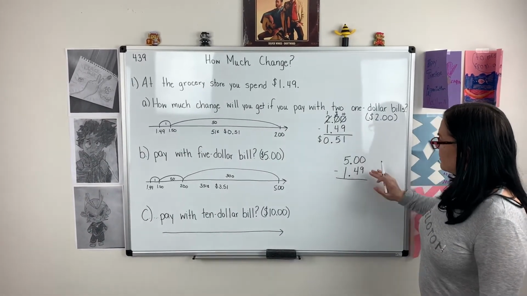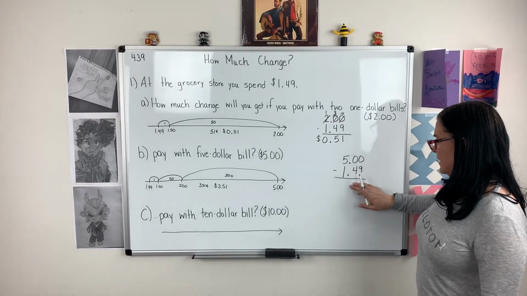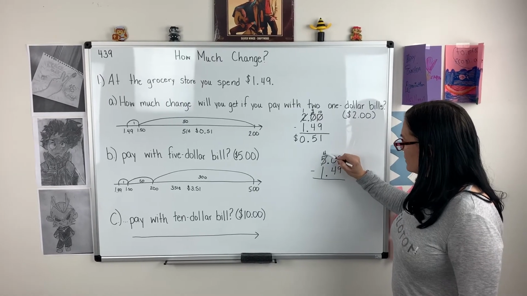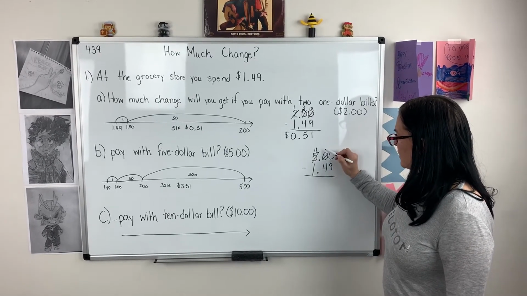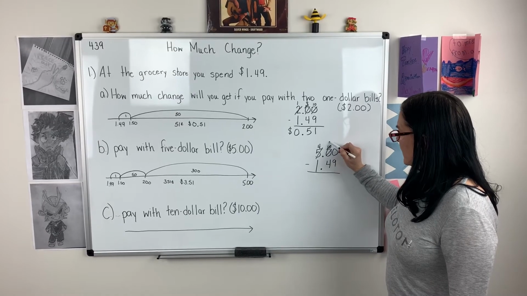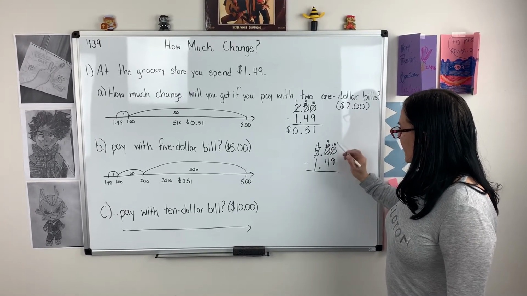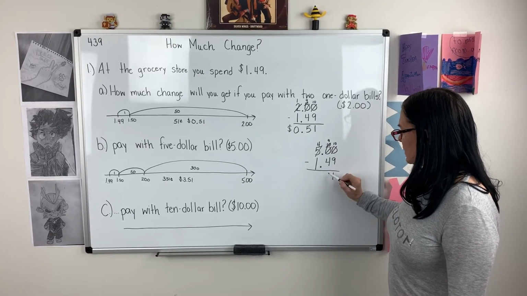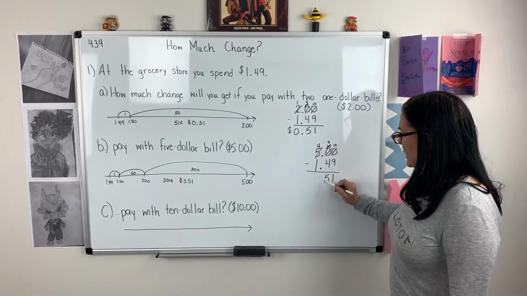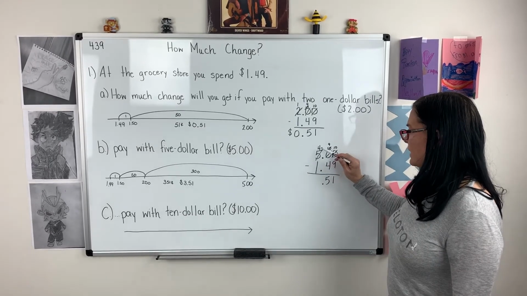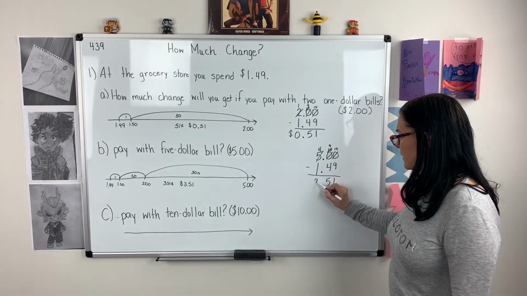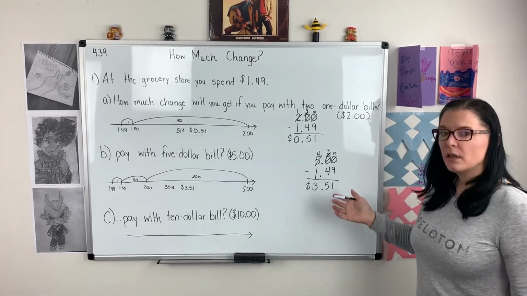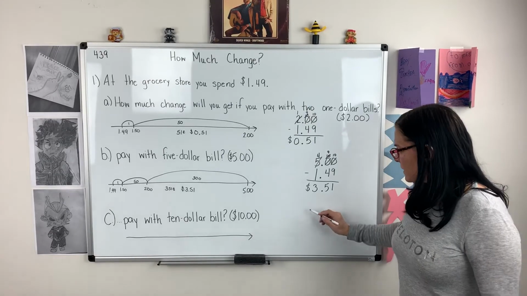Checking with my traditional algorithm. Again, just like my previous problem, I have 2 zeros. I cannot take 0 minus 9. I need to go to my dollars or my hundreds. Make 10 tens. Now I can trade. 10 minus 9 is 1. 9 minus 4 is 5, just like our previous problem. Except this time I do have more dollars, and I can take $4 minus $1 is $3. So $3.51. So now this time we are taking $10,